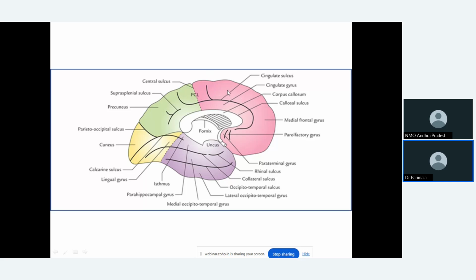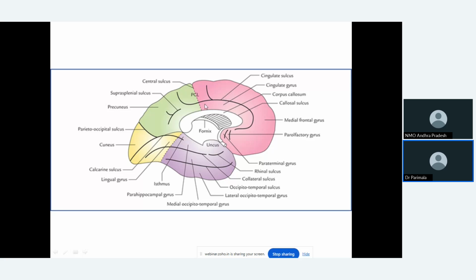And this part is called the medial frontal gyrus, which is concerned with emotional, social, judgmental behavior of human beings. So these two things are important. Any lesion in this area, the person will suffer with lack of social behavior. Sometimes we can call them antisocial also. So this gyrus is having the functional area that is concerned with judgment, social behavior mainly.